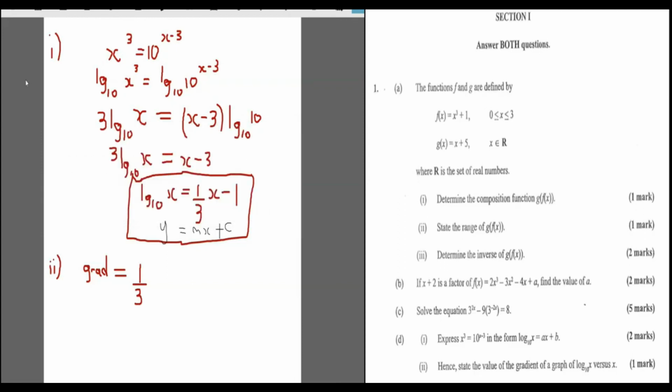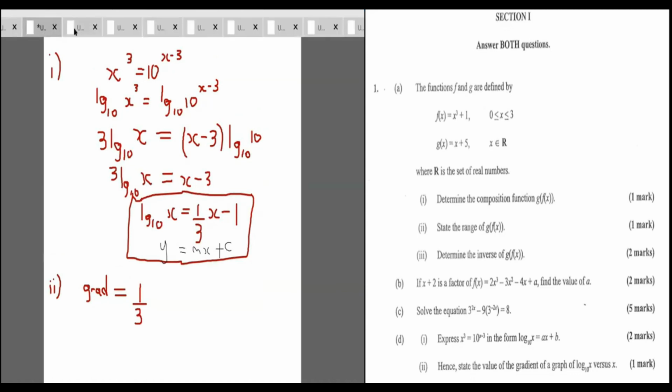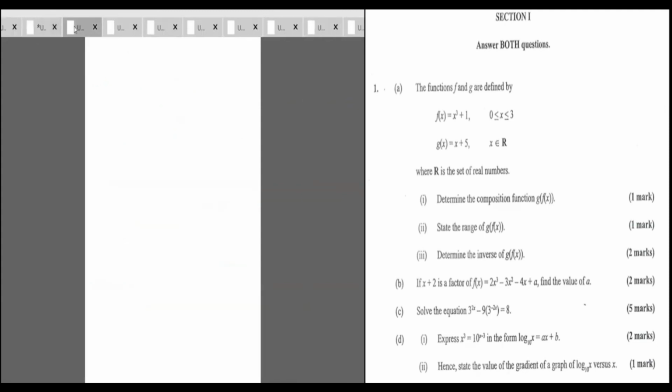That takes care of the third part. And so this takes care of question 1. No issues with question 1. Nice. Now let's go on to question 2. Question 2 gives us a quadratic equation